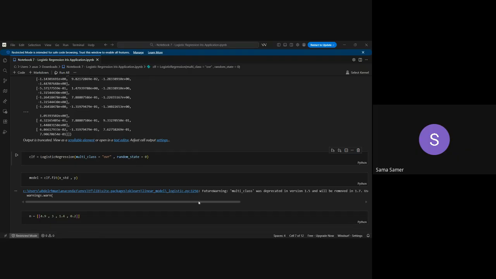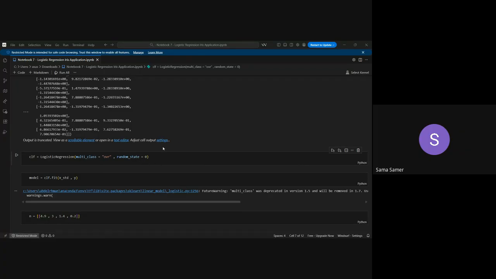Then we have the intuition. Instead of solving the data for A only, B only, and C only, which will have some kind of problem, we take our features and compare them to A, B, and C with one versus rest. And the strongest probability that we have says whether it is class A, class B, or class C. Then we say that the random state is equal to 0.